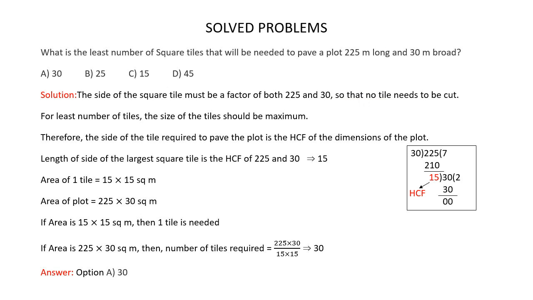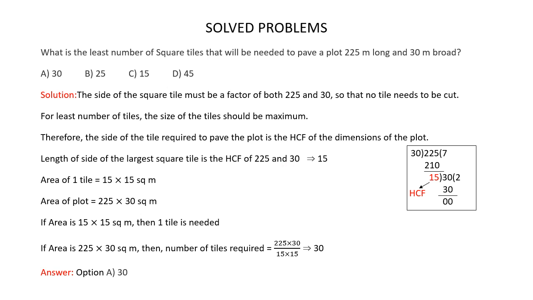Now it's very clear that if the size of the tile is bigger, then you will require lesser number of tiles to pave the plot. So for least number of tiles, the size of the tiles should be maximum. Therefore, the side of the tile required to pave the plot would be the HCF of the dimensions of the plot. So the length of the side of the largest square tile is the HCF of